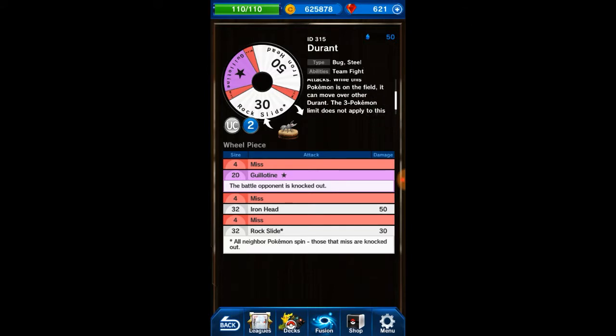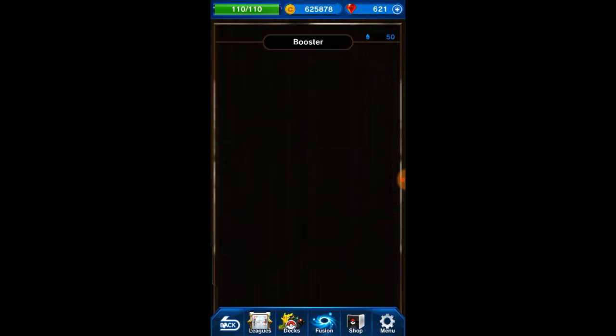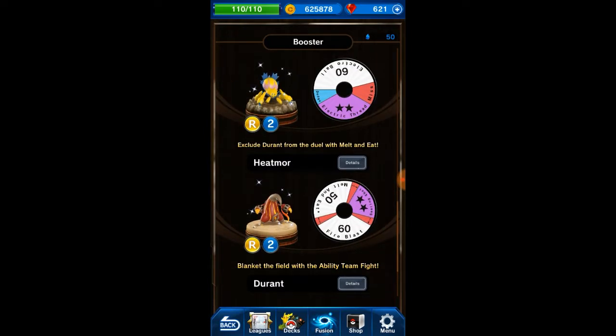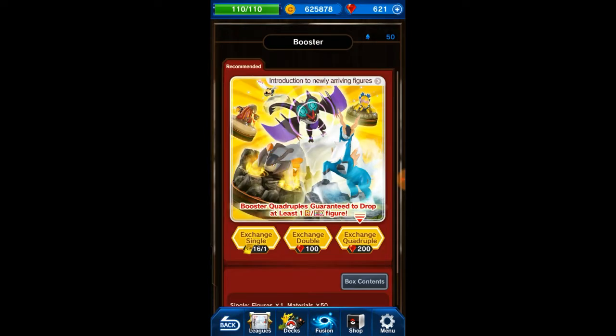So while this Pokemon is on the field, it can move over other Durant. It doesn't specify if it's opponent's Durant as well or only yours, but it's probably both. And I think that'd be pretty crazy. But anyways, the other effect is that the 3 Pokemon limit does not apply to this Pokemon in your deck. So there could be like a full deck of Durant. So anyway, we are going to go